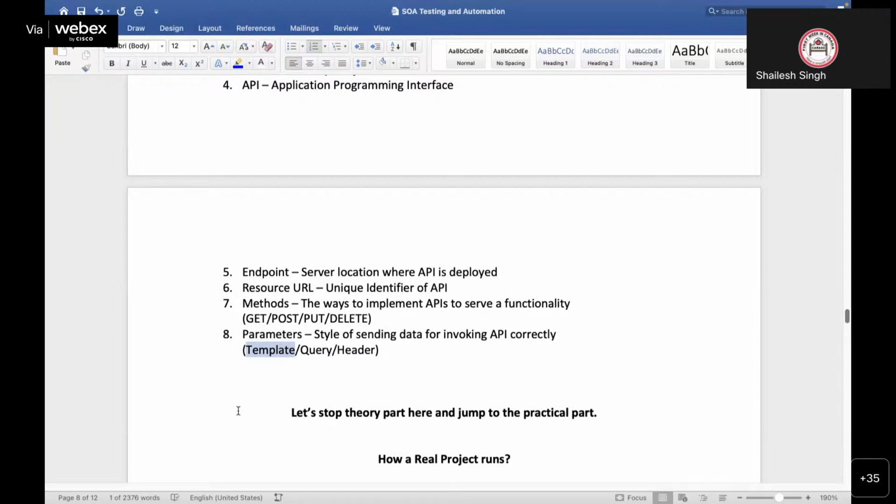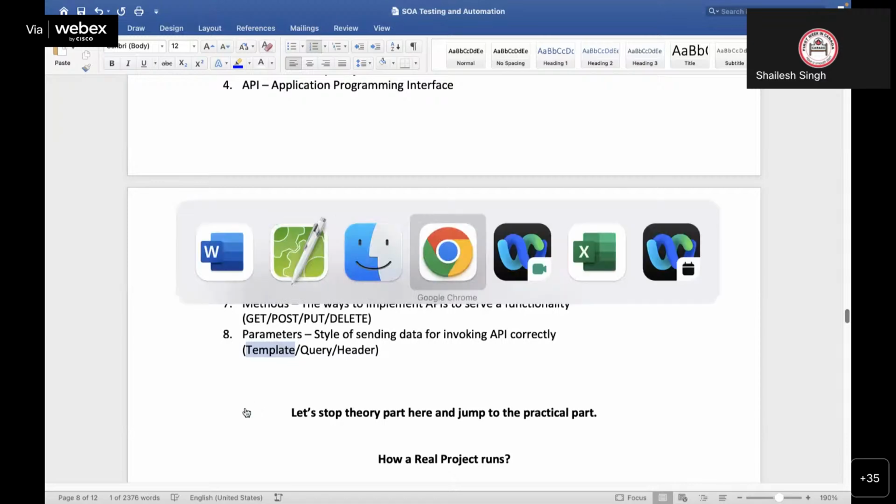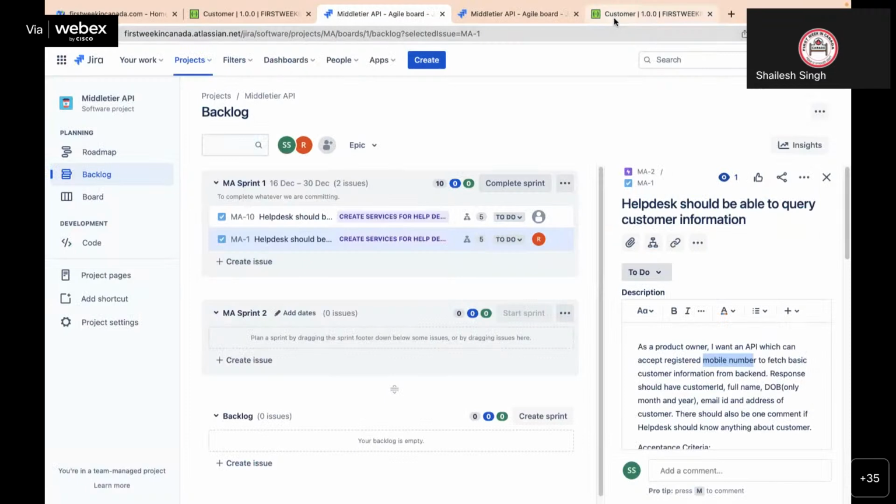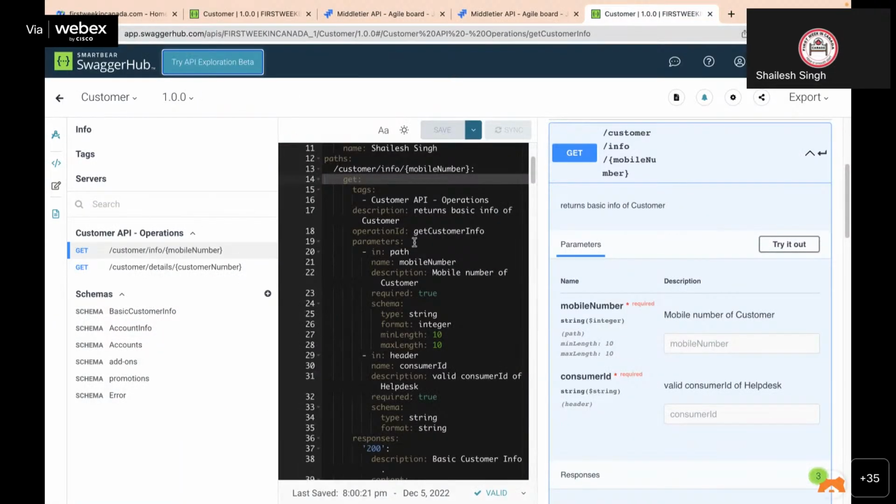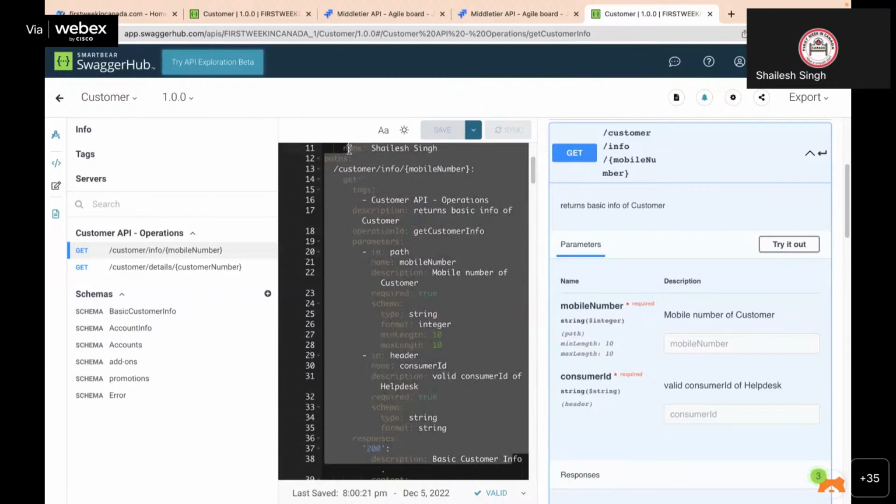So what will you test? You are not going to test the Swagger file, right? What will you test in this Swagger? Tell me, if I tell you to test this, what will you test? You cannot pass anything, you cannot get anything. It is just for viewing purposes. You can also create it, but the creator must be aware of the business needs and how the provider and